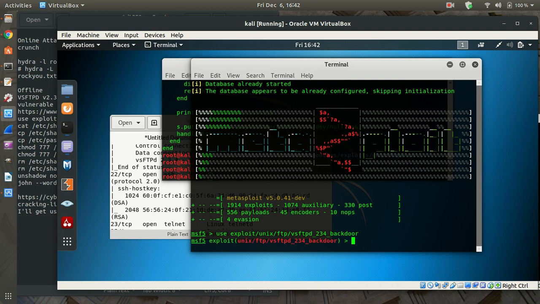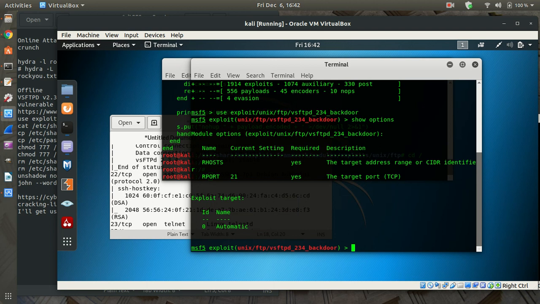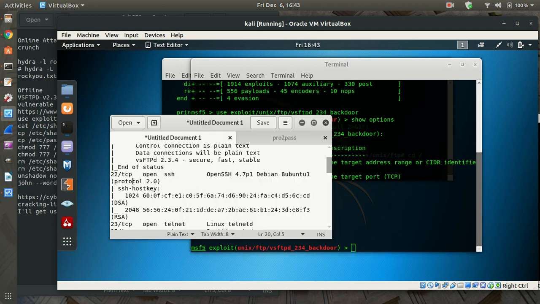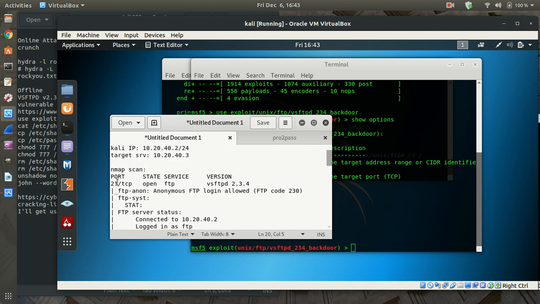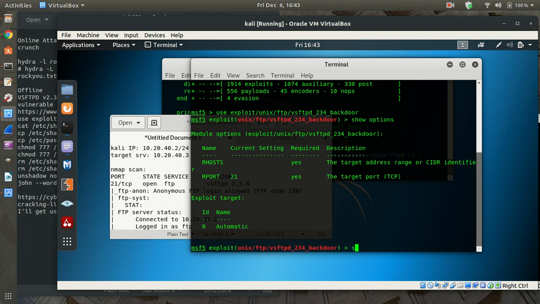We use it. There we go. I can do a show options to see what I want to do with this one. Now I got to set the remote host. The remote port's 21. That is correct, right? Up here is in fact port 21. It's running the correct version. So I'm going to do set